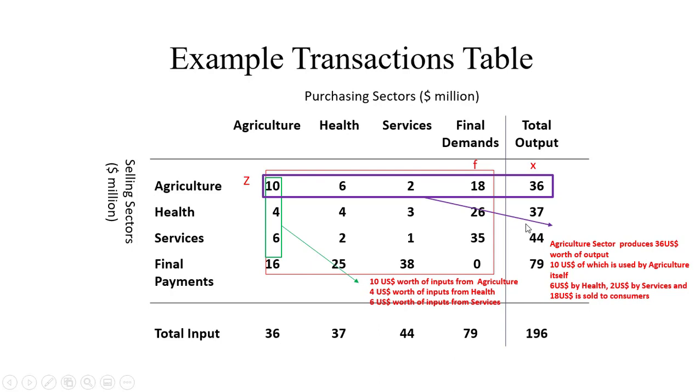So this is basically the transaction table. This red box is called the intermediate consumption matrix, meaning there are only transactions between industries, between different economic sectors. This is the final demand, which is not included in the intermediate consumption matrix. In the structure, we have the value added or primary inputs, and this is the total output and final demand. Maybe there will be some government demand, some household demand, maybe some export demand, et cetera. So this is just the transaction table.